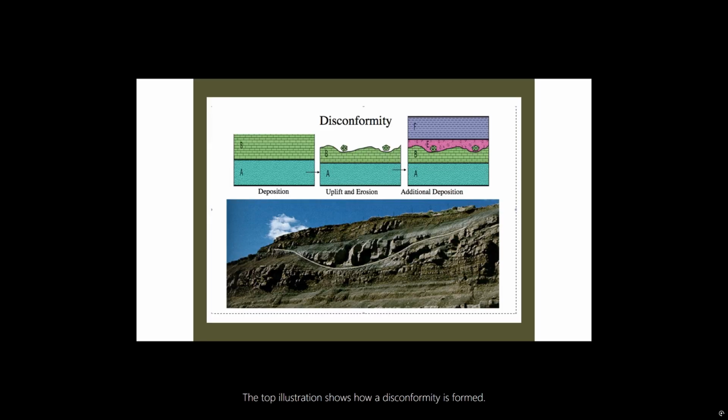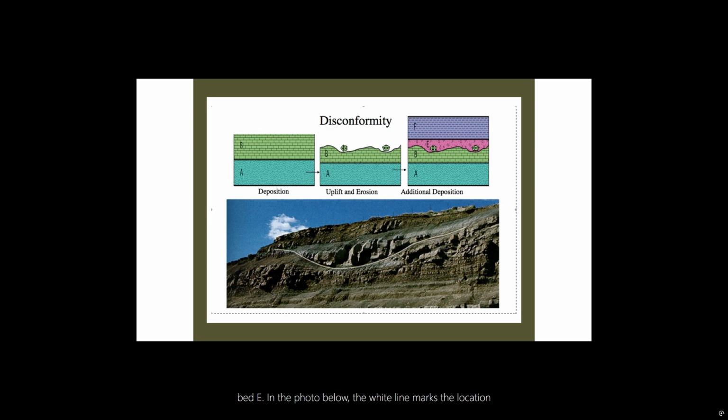The top illustration shows how a disconformity is formed. Beds A and B were deposited. Then, due to uplift and erosion, stream channels were cut into bed B, which left behind some boulders and some gravels. Then some subsidence occurred and a return to deposition. Bed E now encloses the inclusions from bed B, and the stream channels are filled in with sediment from bed